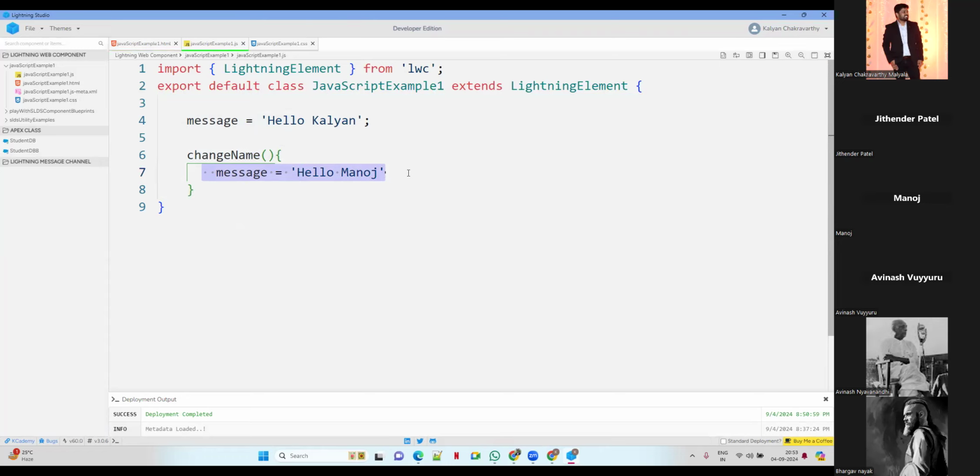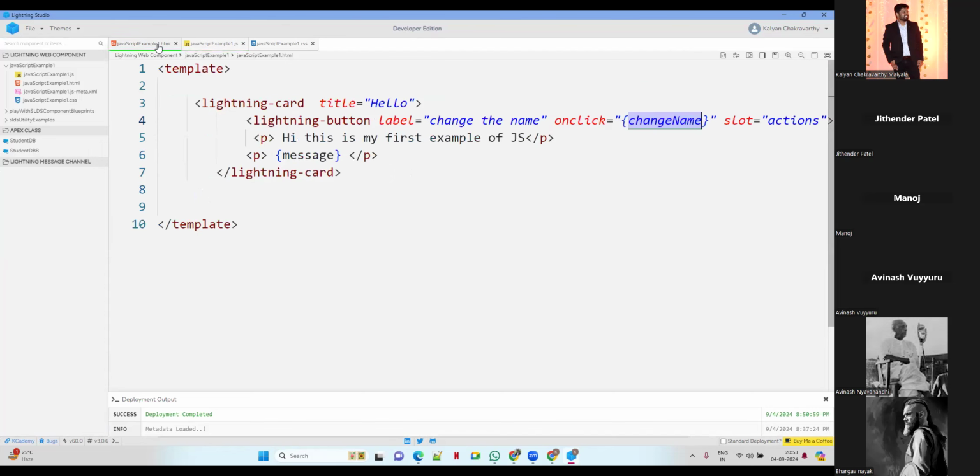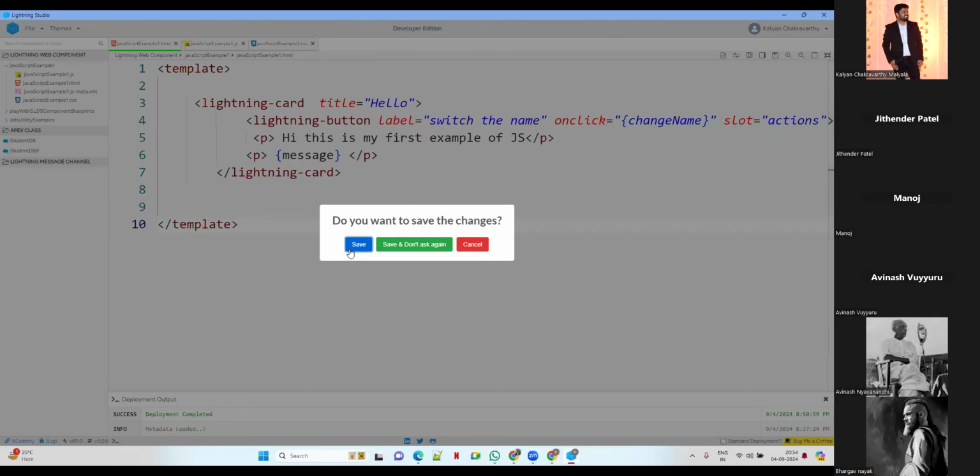So this is just defining or writing the function. Now, when the function is used or called or executed, until and unless you call the function, it will not do anything. So when will this function be called? On click of the button, change name. What does label mean? Label means whatever name you can see here. If I switch the name and save it,